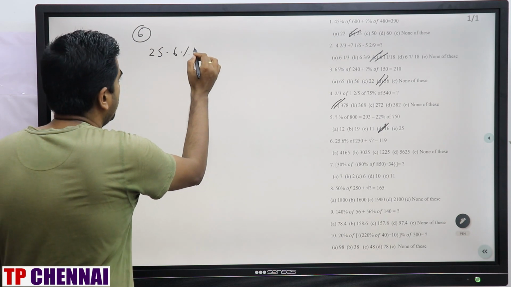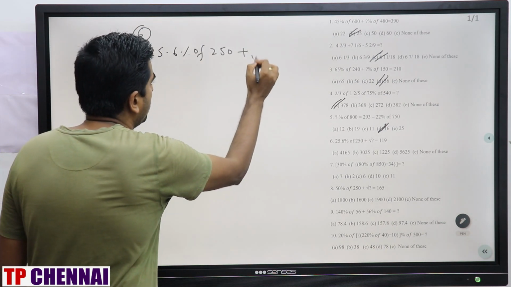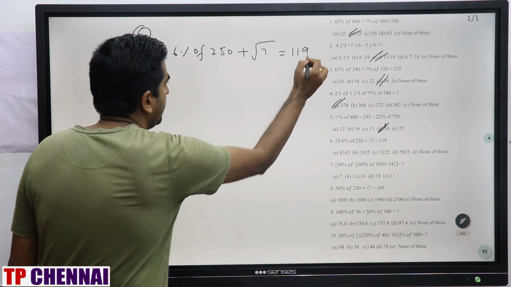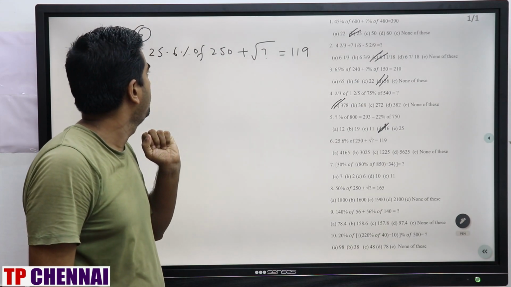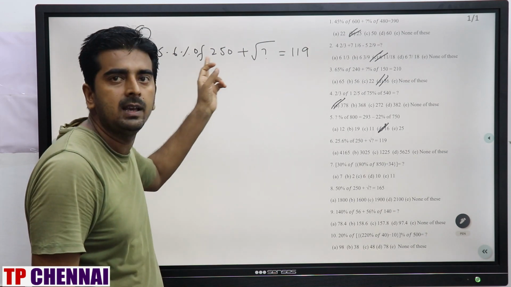25.6% of 250 plus square root of question mark is equal to 119, right? So 25.6% of 250 itself is additive, but if you multiply this one by 5, here you have to divide it